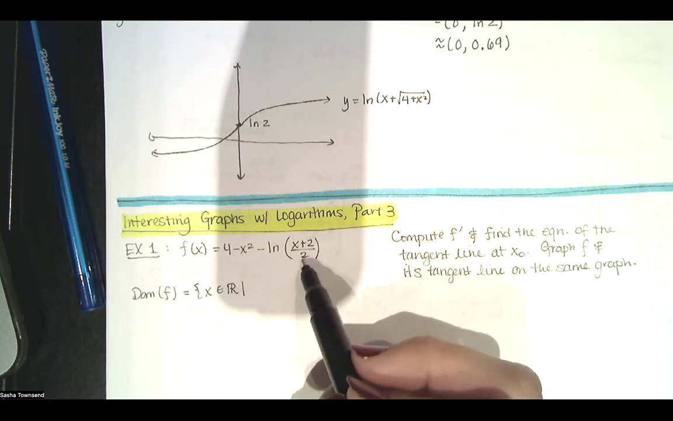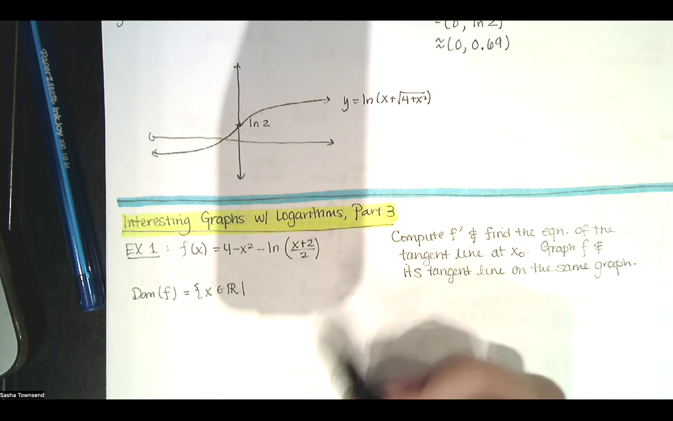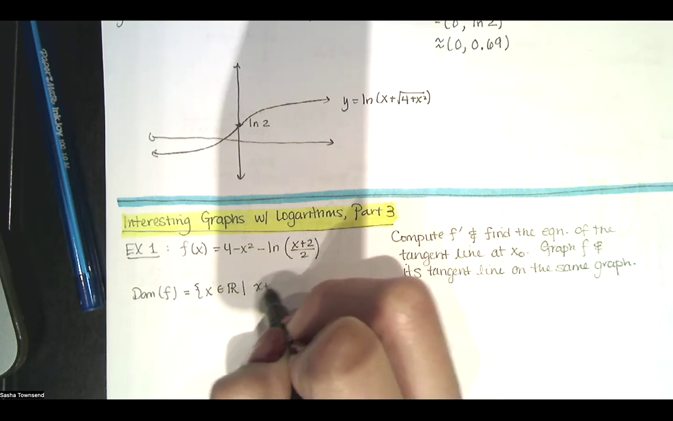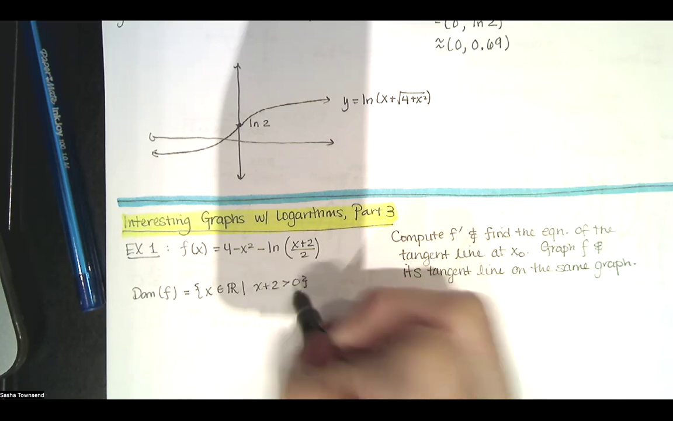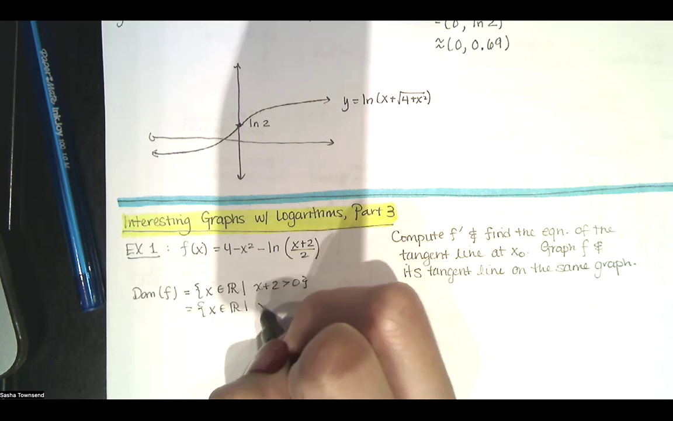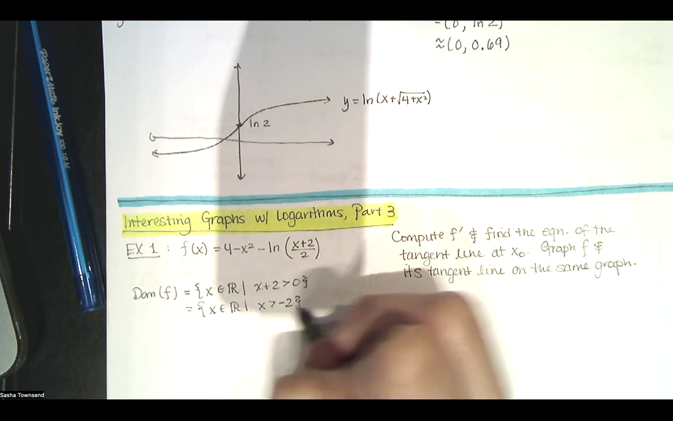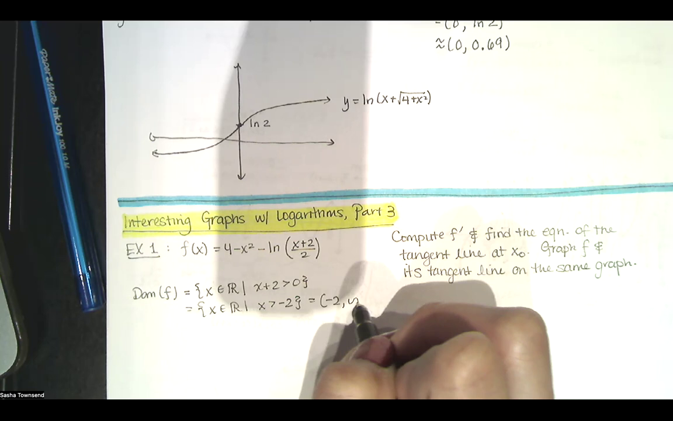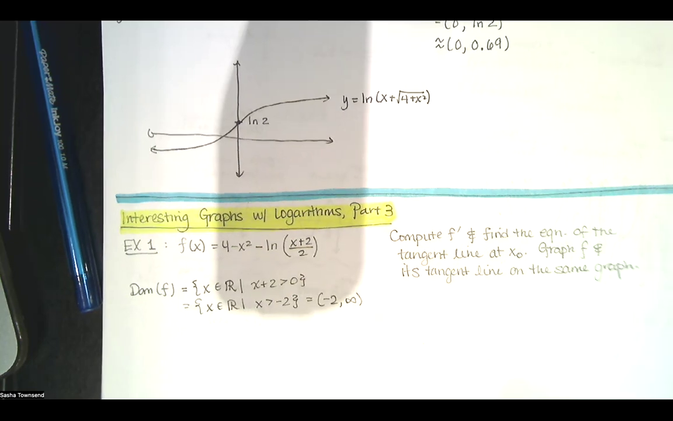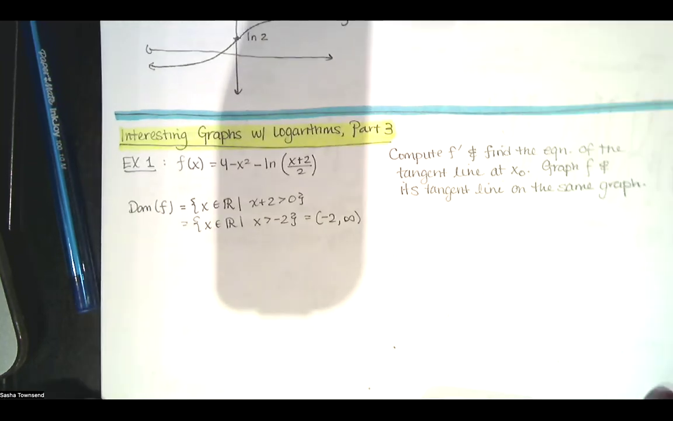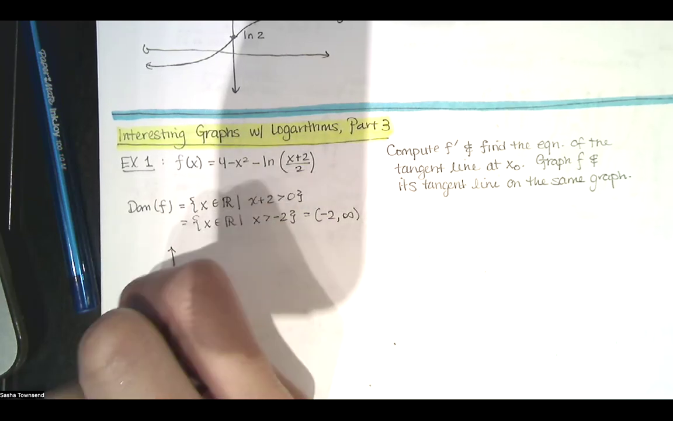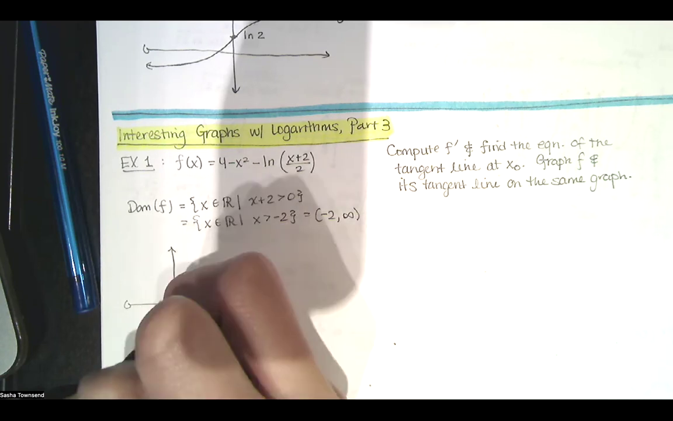We do have a logarithm, and whatever's inside the logarithm has to be positive. Well, x plus 2 divided by 2 is positive when the numerator is positive. So the domain is the set of all real numbers x such that x plus 2 is positive, which just means x is greater than negative 2, or in interval notation, our domain is negative 2 to positive infinity. So we know that the graph of f has an asymptote at x equals negative 2,